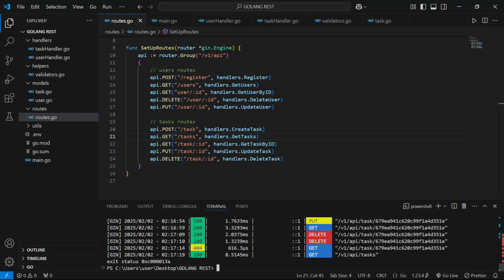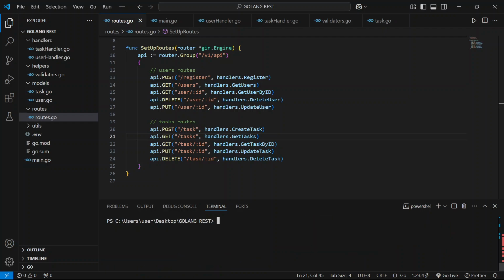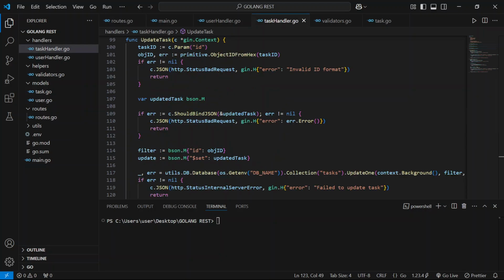Good. Now, there's one last thing about tasks that I want us to cover. When you're working with tasks,